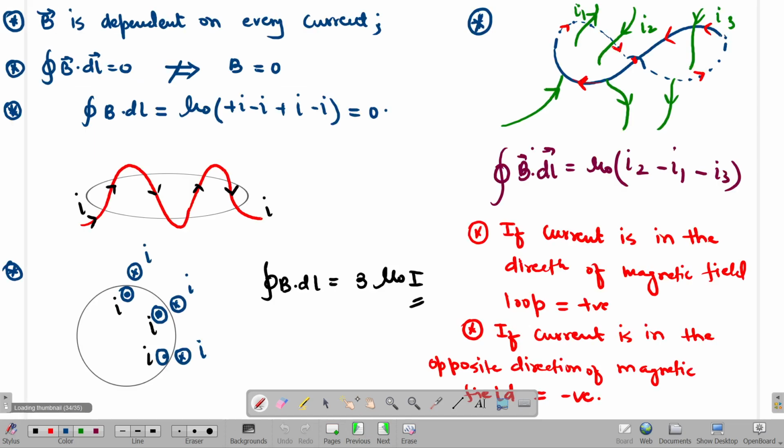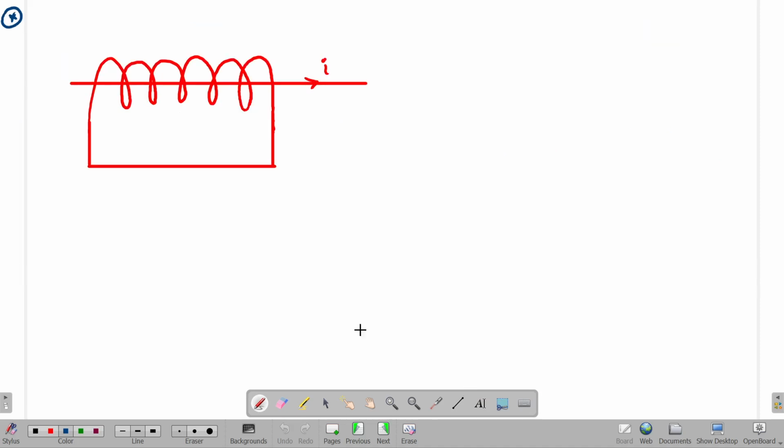Just like we wrote now over here for this, there were how many currents passing? Almost I1. Here there were one, two, three, four. So there were two currents going up, two currents going down. So we wrote this equation. Then for here, we wrote I2 minus I1 and I3 and all. Here also we wrote 3 mu I, and so this equation I want you to write. So look over here. Basically, if current goes like this way, it will be a kind of clockwise magnetic field generated, isn't it? Are you able to get me?